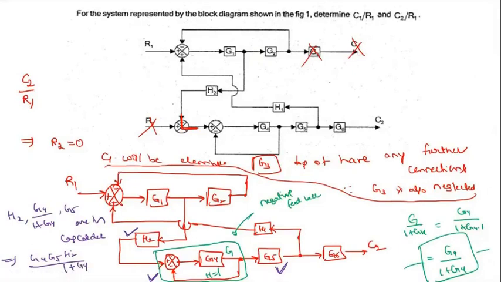So now I am going to write this value. Okay, remember. The first step is that this green color block will be replaced with G4 by 1 plus G4. Then I ticked here with the violet color H2, this block, G5, all will be cascaded, so that value will be replaced with G4, G5, H2 by 1 plus G4. So the entire thing, I'm going to highlight this. Up to this entire parameter I'm going to replace with this value. Okay. Now I'm going to draw the equivalent circuit.